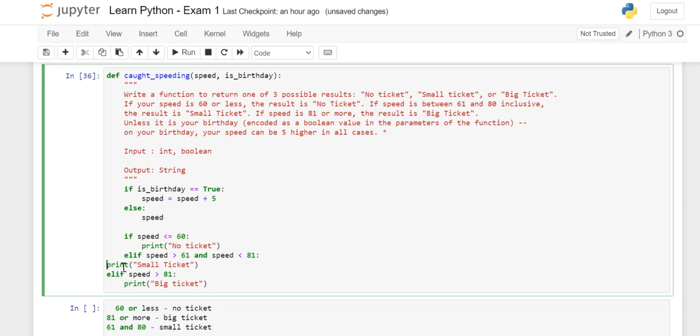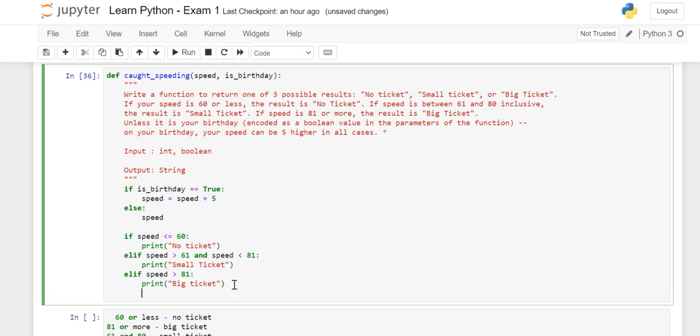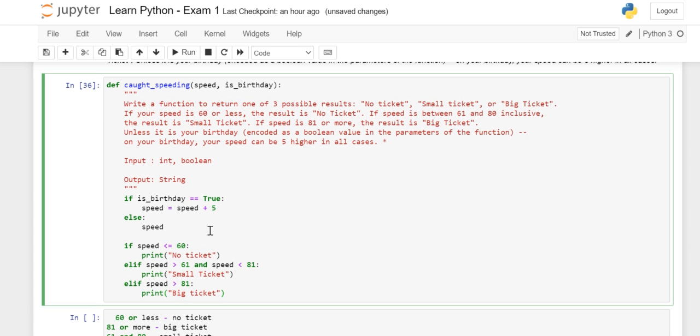Right. So let's check it. It's always a 4. Oh, we are done, no? Speed. What is the other way around to write this thing? Speed is equal to speed plus 5 has a shortcut way.